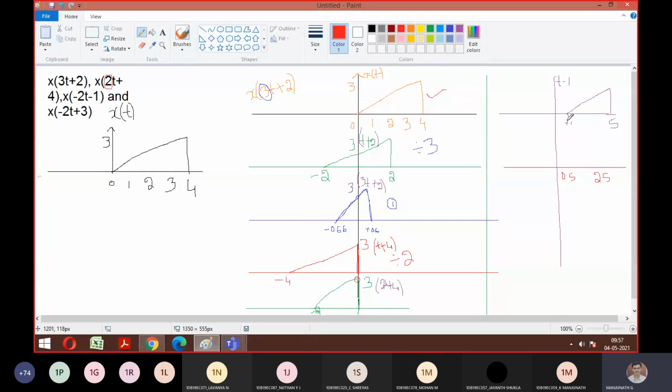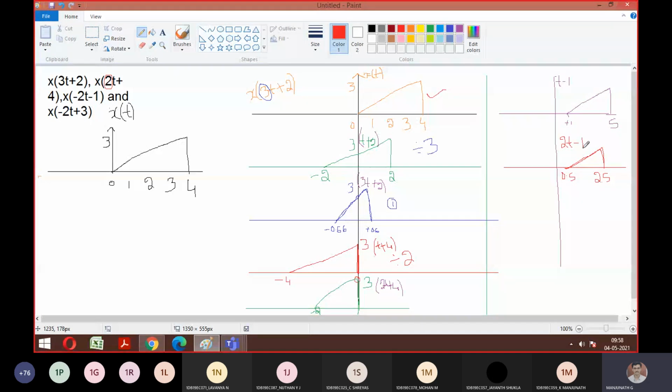Okay, so that is what I told you at the beginning of the class. So here to here, is it okay? Everyone? Yes, sir. So this is your 2t minus 1. Don't try to plot minus 2t directly. You plot this. We are following our precedence rule. So now comes your minus.